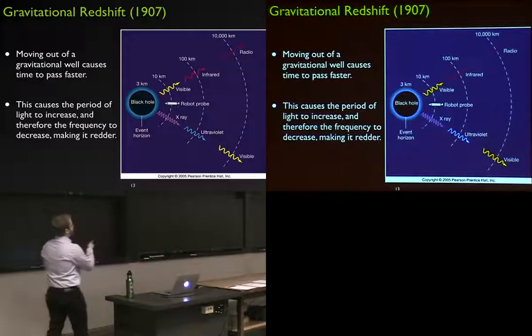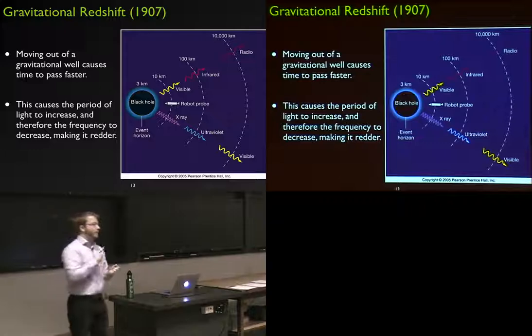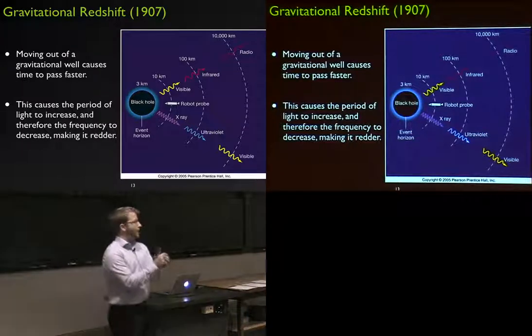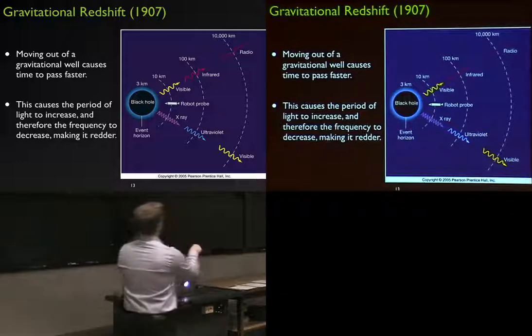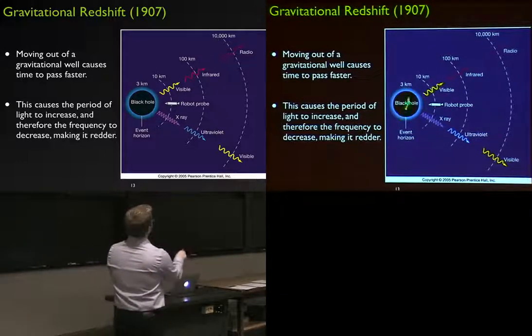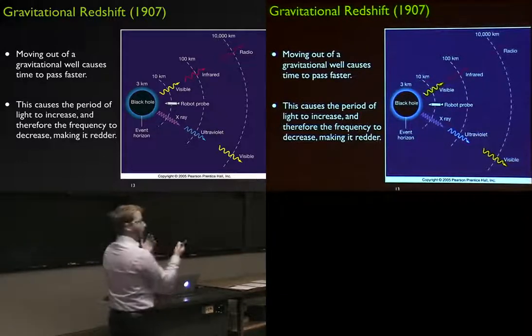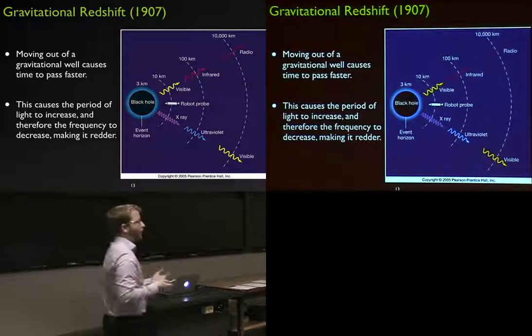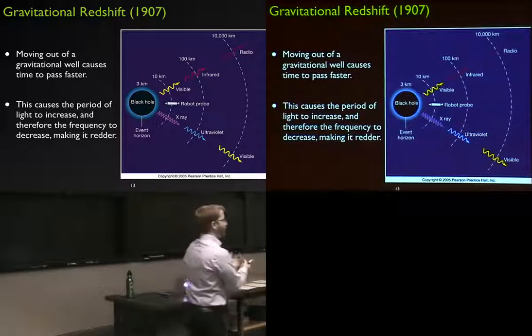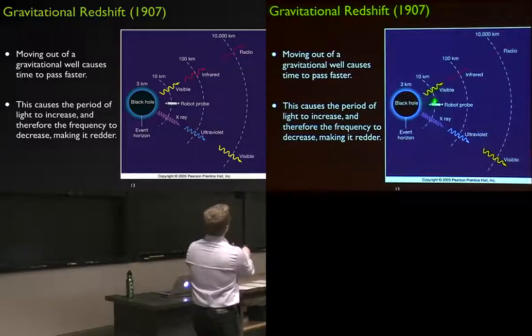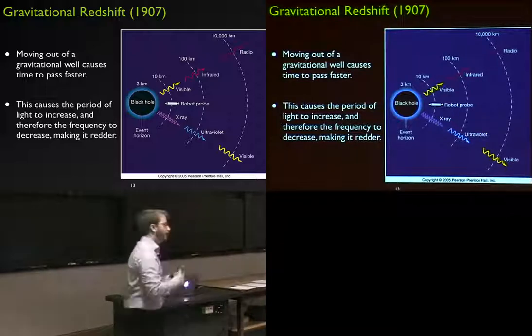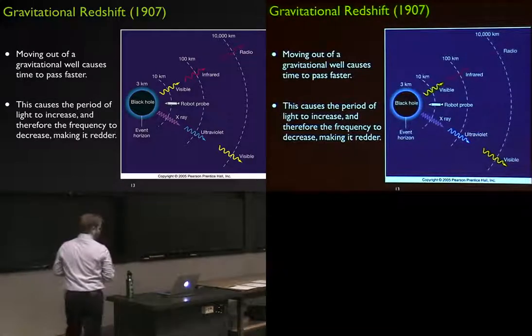And so that's very important for making astronomical measurements from very, very dense objects with high gravitational potentials. So here's a black hole, for example. If there's an accretion disk right around this black hole emitting all kinds of light, if you want to know what the actual frequency of the light was when it was emitted from the accretion disk, you need to account for the redshifting that happens to that light wave as it moves out of the black hole's gravitational potential.